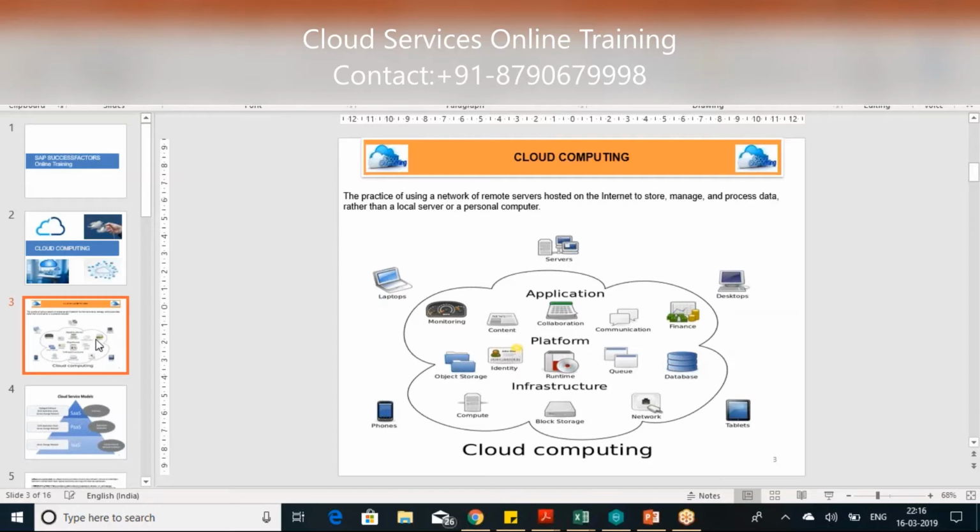Now, earlier, HR applications like SAP or Oracle required a client to purchase servers to install the software. As a client, we have to procure a server, be it 10 GB or 100 GB, depending upon the number of users that we have.